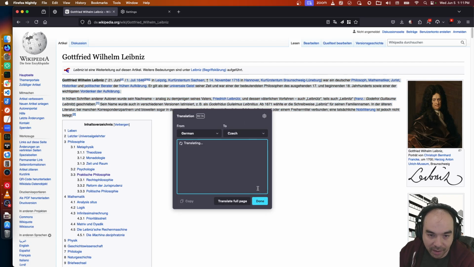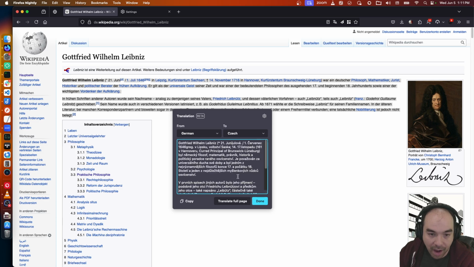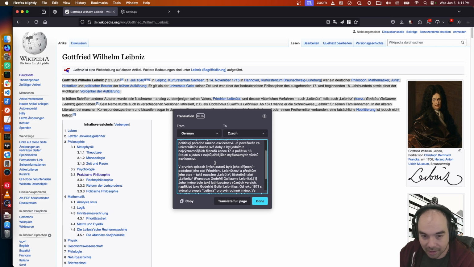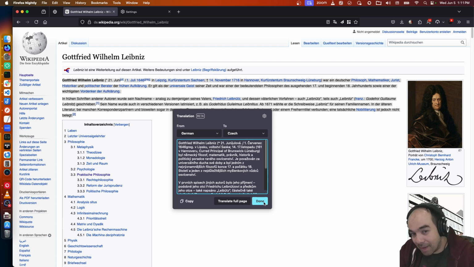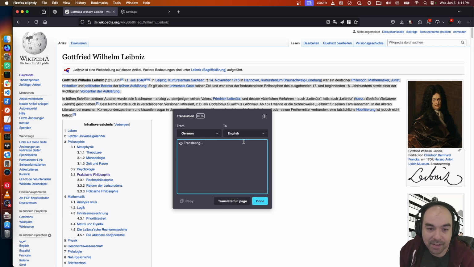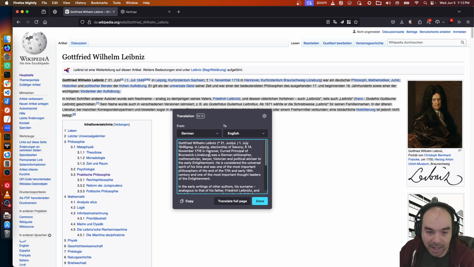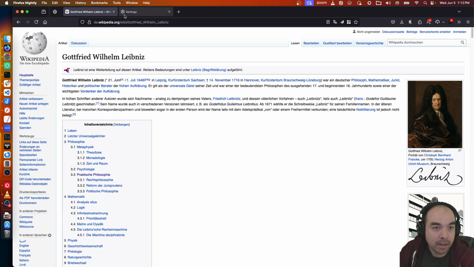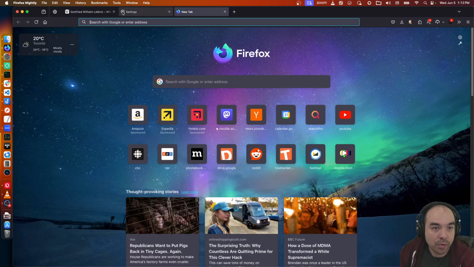Translate it to Czech. There, I cannot verify. I don't read Czech, but apparently this isn't the German translation. This text translated to Czech. Maybe. I can't say for certain. I can't even say for certain whether or not this is translated properly into English, but it certainly makes sense as English. And it matches what I know about Gottfried Leibniz, who is an interesting character. All right, let's move on.